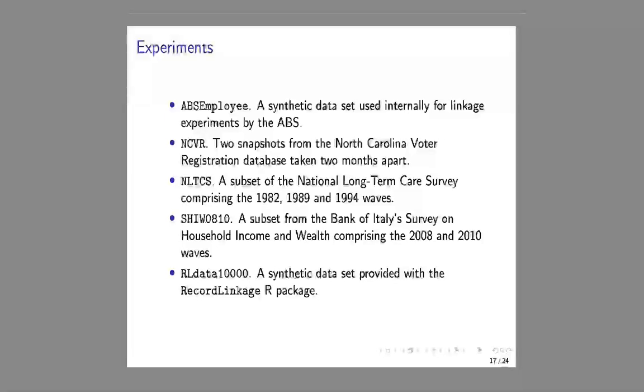We then looked at a subset of the National Long-Term Care Survey comprising 1982, 89, and 94. We're not able to look at all of the waves because they subsampled, unfortunately, on race. We then looked at a subset of the Bank of Italy survey on household income and wealth that comprised 2008 and 2010. And then we looked at a very basic synthetic data set that most researchers